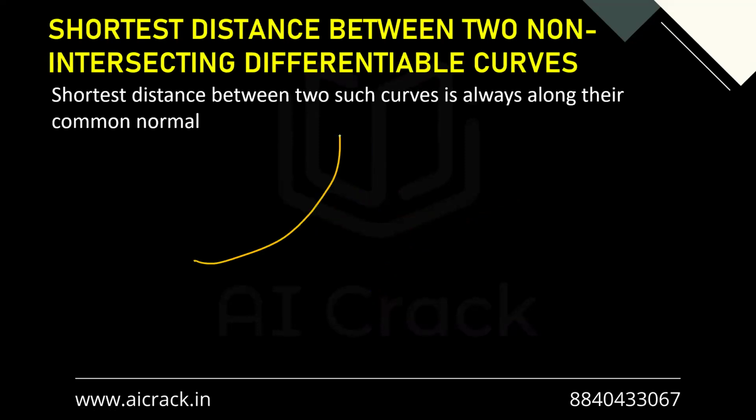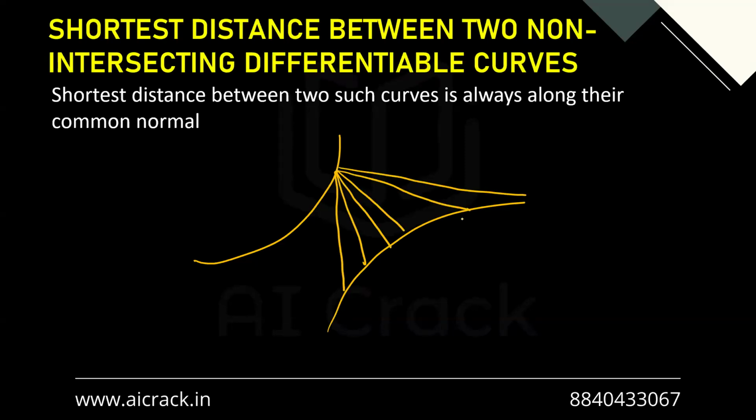So let's say we have these two curves over here. Now, what should be the ideal thought process to find out the shortest distance between these two curves, right? So what we can do, we can start with a particular point and start dropping lines, right, to see which one is the shortest. So you can see that the distance is reducing and now it's again increasing. So what we can say that distance is minimum for this one and it seems to be perpendicular to the